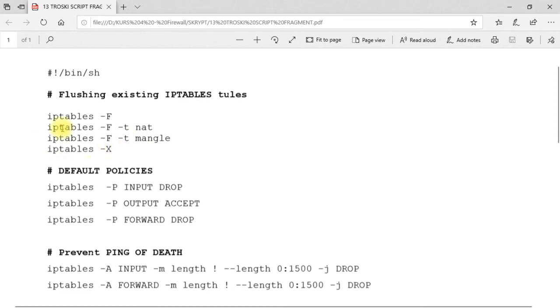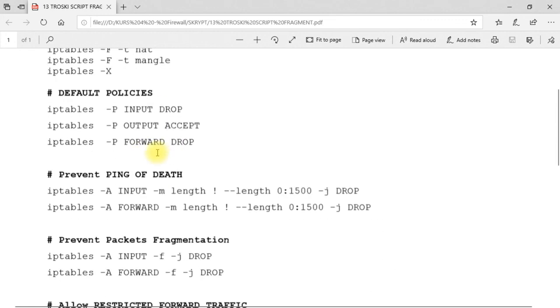Next, here they want to remove any custom chain. Next we have information about default chains policy. So for input chain it's a drop policy, output accept, and for forward it's drop too.